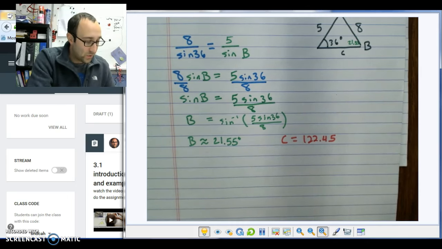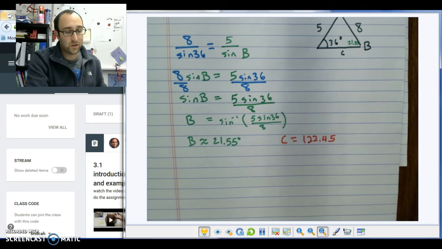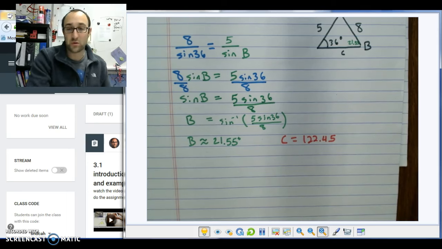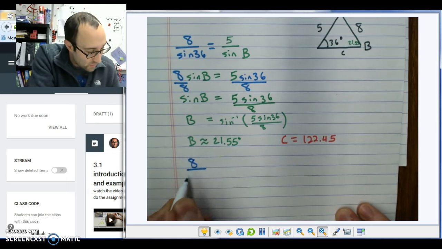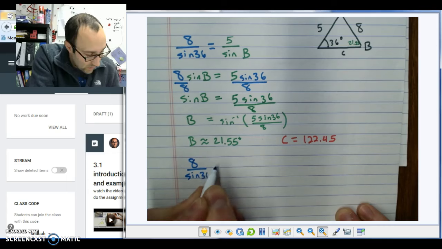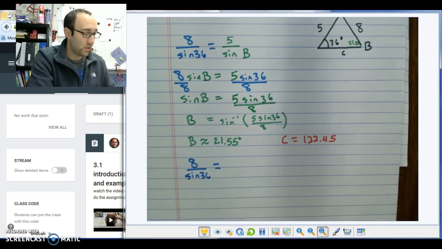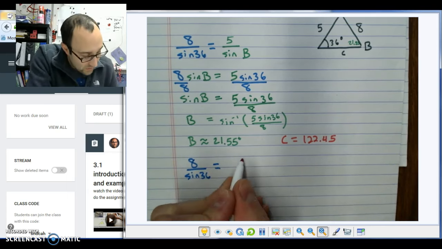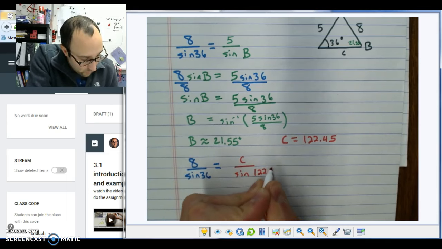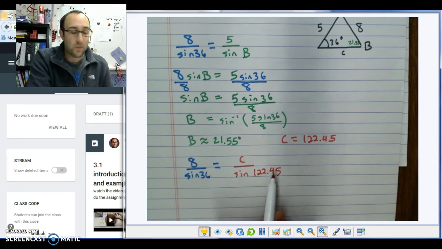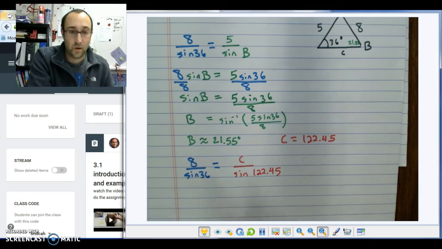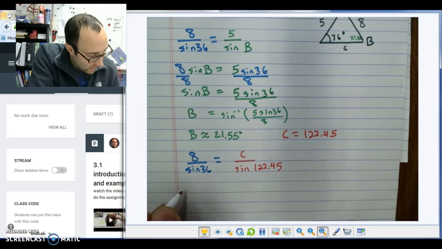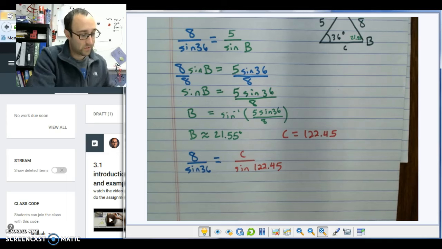I'm going to go back and use sine A again because I don't want to use sine B, since B is about 21.55 and I don't want to worry too much about that. So it's going to be 8 over sine 36 equals, I don't know what little length c is, lowercase c, but I do know it's going to be over sine of 122.45. And we know that's an approximation. That's why I'm using these numbers, because they're not an approximation. All right, so cross multiply, and I get 8 sine